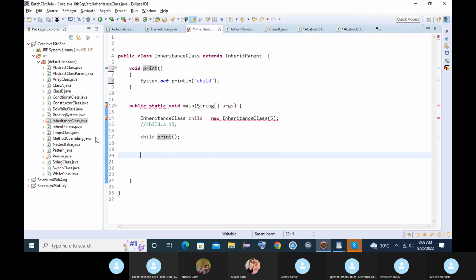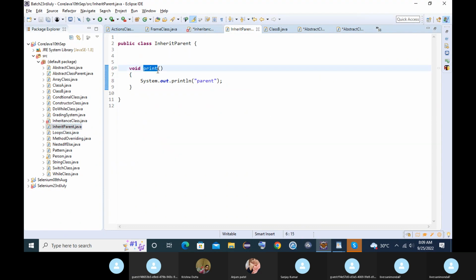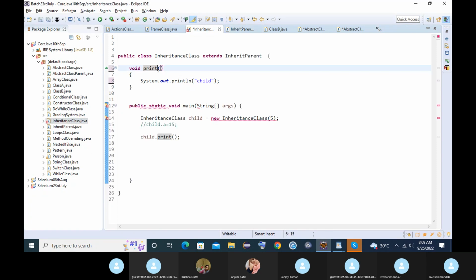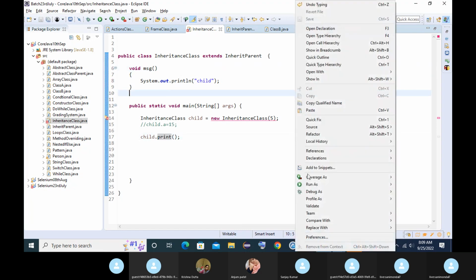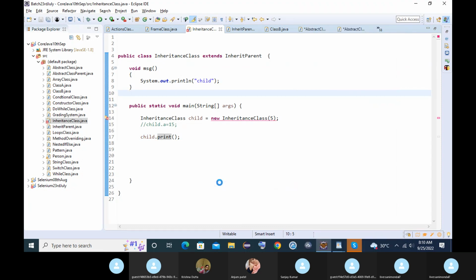So let's suppose right now you are not overriding the parent class method. In that case, you are not following the method overriding concept. Like there is only a print method in the parent class, and there is no such print method in the child class. Then this one is going to call the parent one only. So this is the explanation that I'm giving for method overriding. If you are following method overriding in your program,